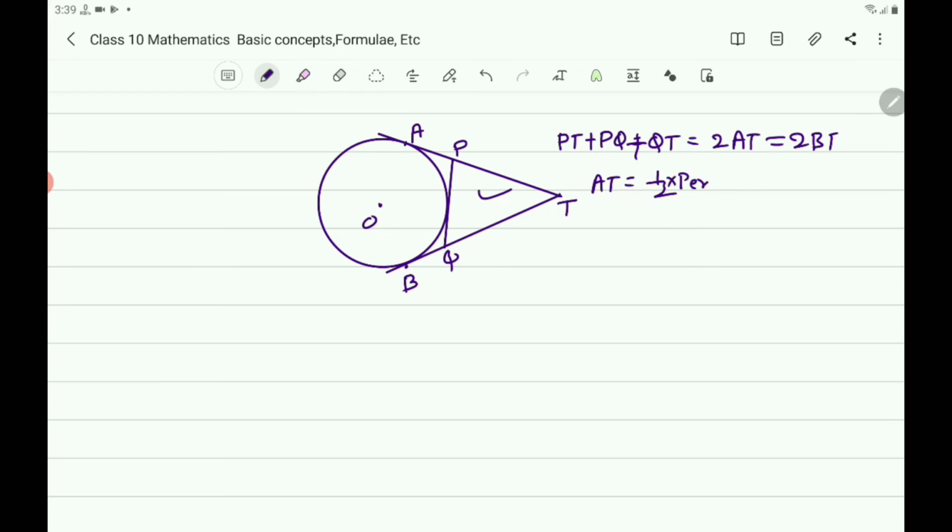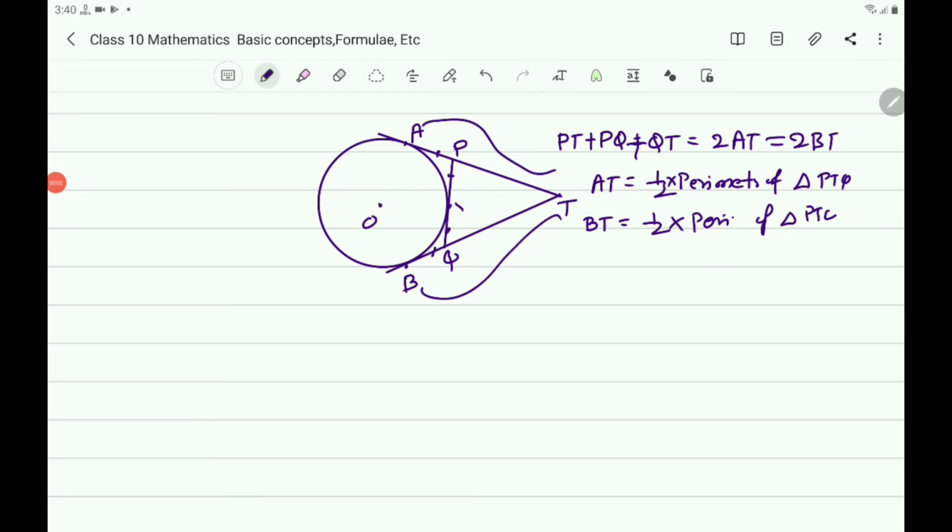Half into perimeter of triangle PTQ, or also if they ask BT, it is also equal to half into the perimeter of triangle PTQ. How will it be? You know that here, if you take this point X, these two are equal, these two are equal. This AT and BT are equal, they are the tangents from the external point, and also